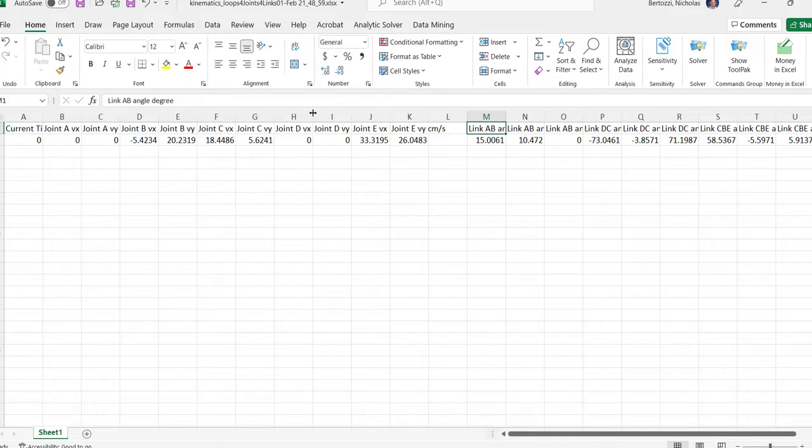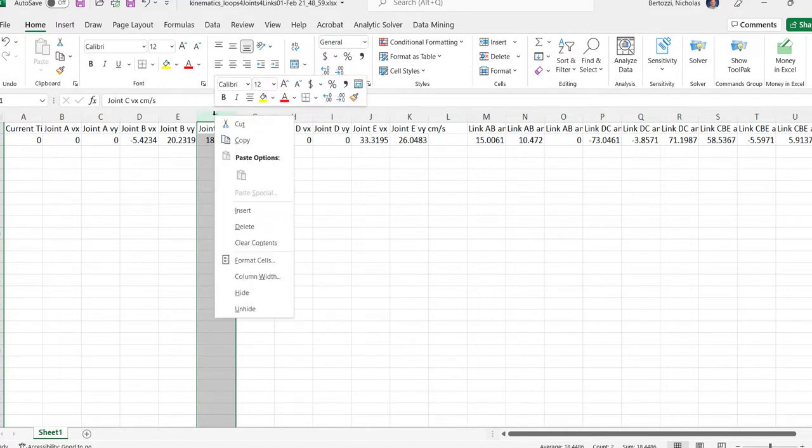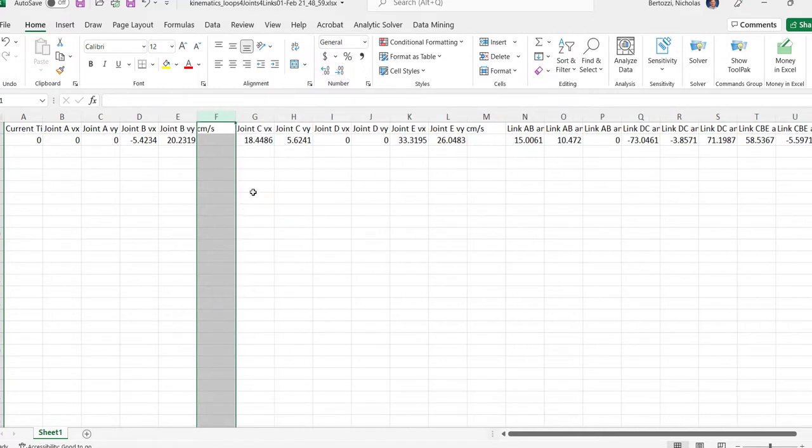For the link, you can see you get the angle. We don't need that. There's the angular velocity, the angular accelerations you can delete. So you can delete a lot of those columns. We're looking for the velocity, for instance, at B, so I'm just going to insert,